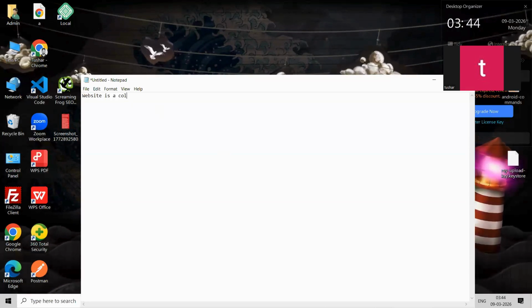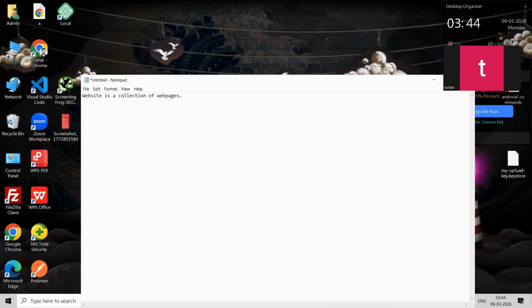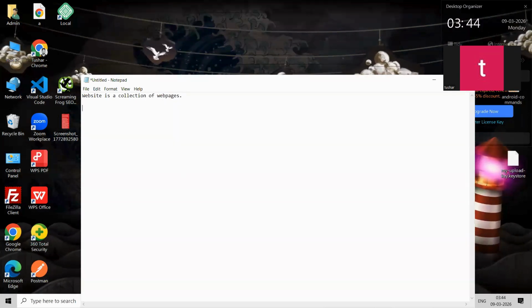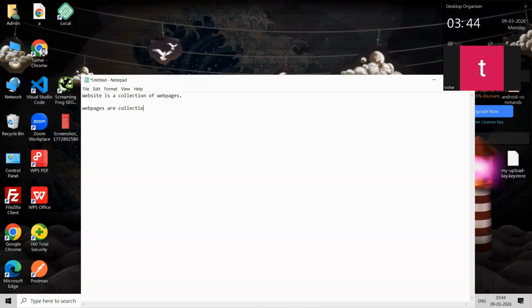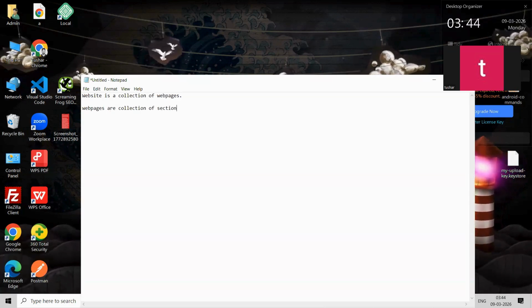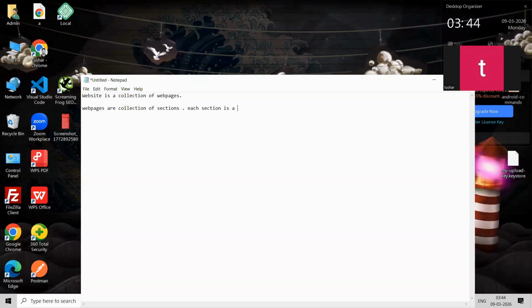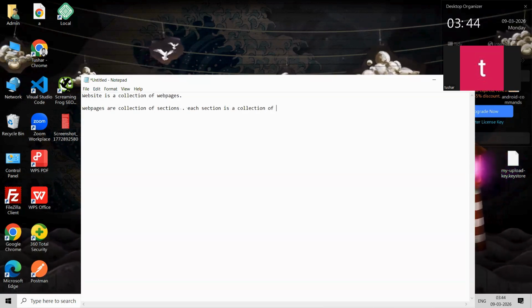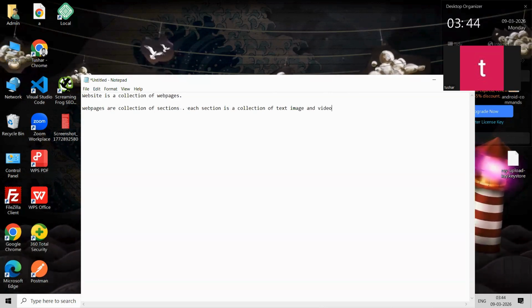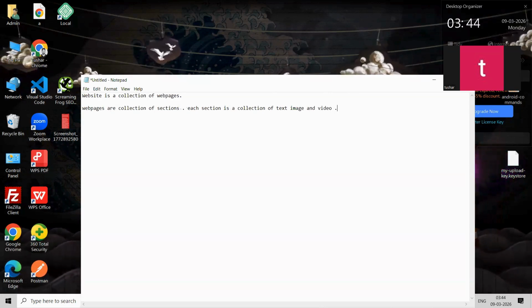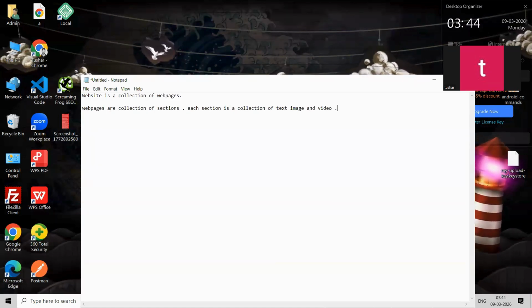A website is a collection of web pages. Web pages are a collection of sections. Each section is a collection of text, image, and video. So basically, a website is a collection of web pages, a web page is a collection of sections, and each section is a collection of text, image, and video, which has